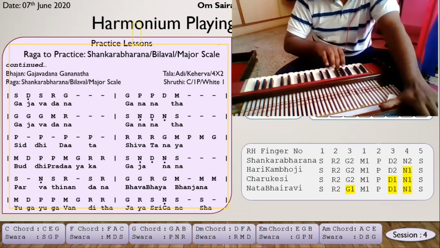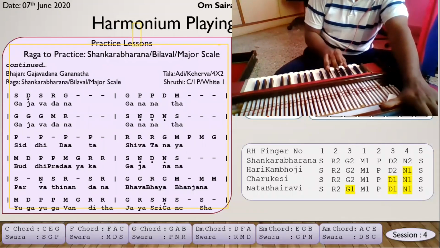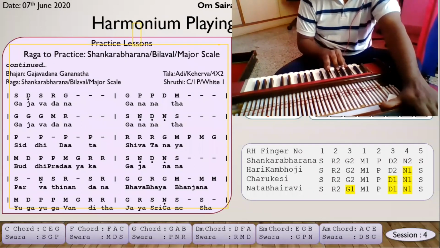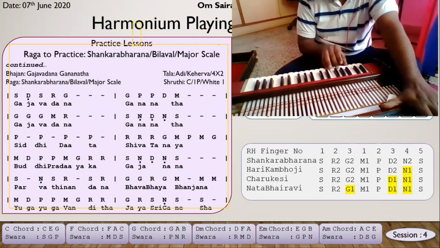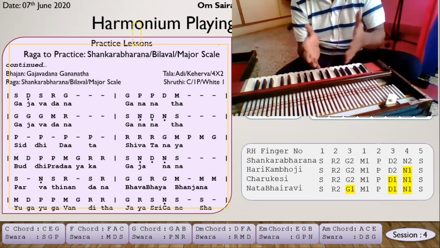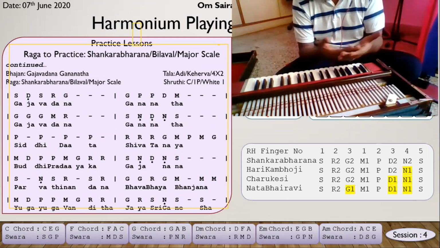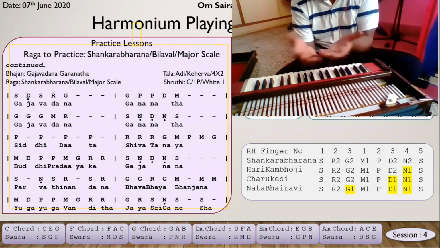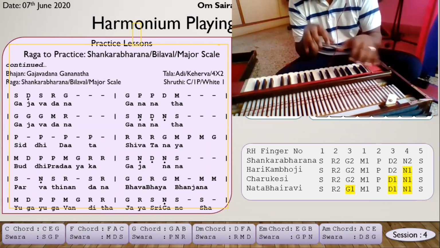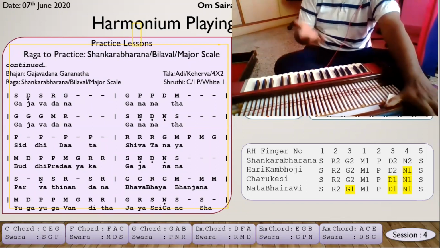Sa ni da ni sa. You can use this. It's not an ideal chord, but you can play this. It doesn't look out of sync, but it is not actually very suitable. It's not 100% suitable. So you can use sa ni da ni sa. You can use sagapa. Why I told you that there's no restriction for playing chords in Sai Bhajan is that the chord formation has to be within the track, and you can change this whenever there's a stretched note. There's a note which is getting stretched towards line ending and all those. You can play a chord and fill it. So it gives a lines effect.